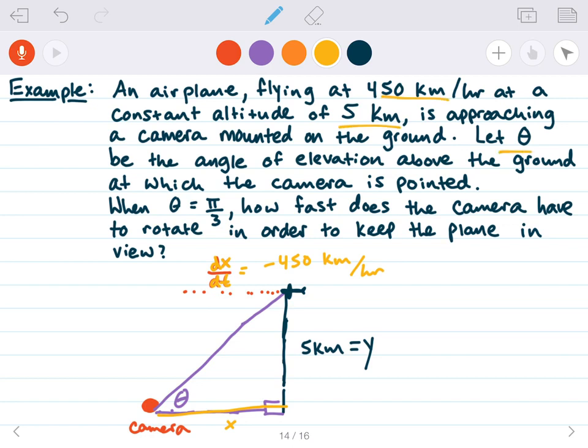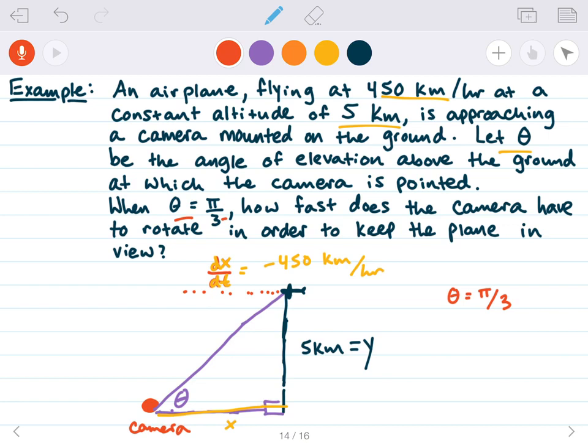Now it says when theta is equal to pi over 3, so I'll put that over here. Theta is equal to pi over 3. How fast does the camera have to rotate in order to keep the plane in view? So let's see what they're asking here. What does that mean? How fast does the camera have to rotate? Well,